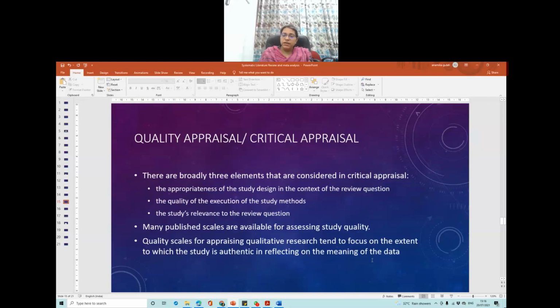When we extract the data or when we code the data, in terms of quantitative data, we have different kinds of data. It can be dichotomous data or continuous data. Dichotomous means yes or no kind of data. Means there can be only